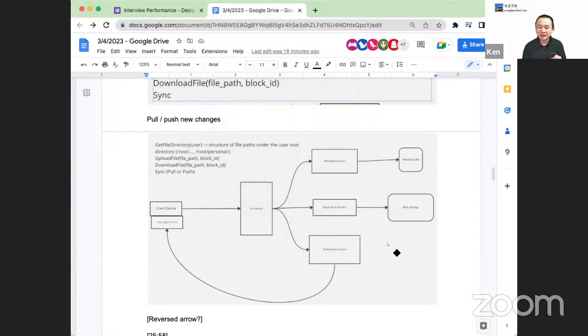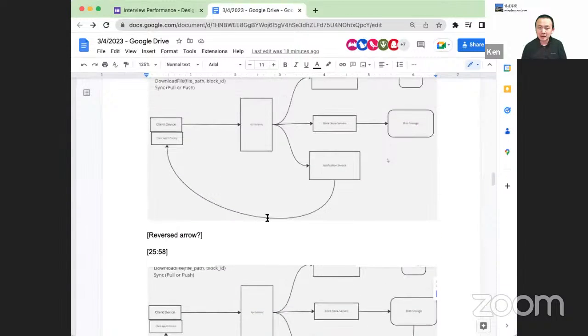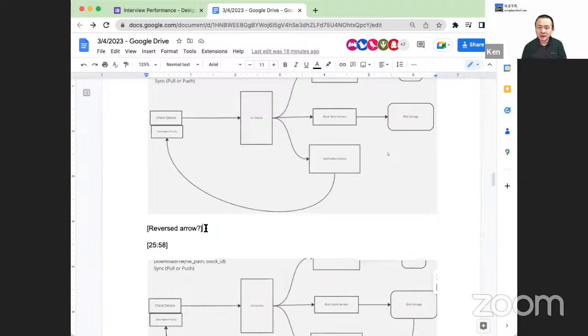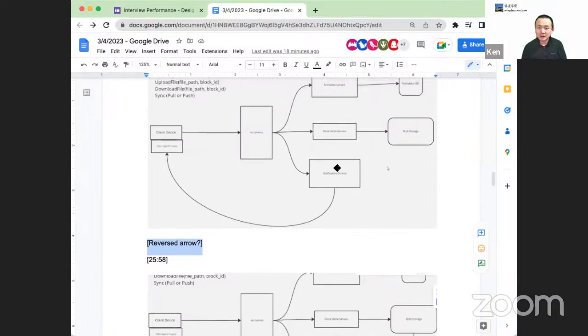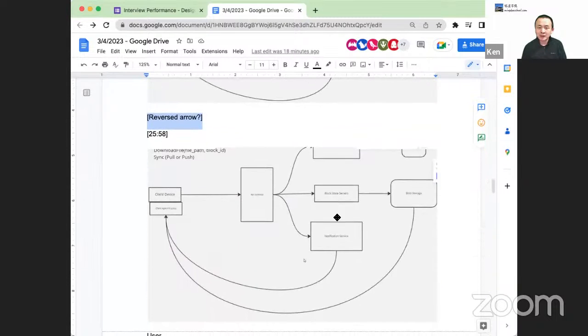So there's some trade-off whether we have a notification service or not. But overall I think this diagram is OK. One thing I noted is a point of doubt: there are two arrows, from the blob storage and the notification service, pointing to the client. The jump is a bit large, because there's some kind of load balancer in front and then a set of